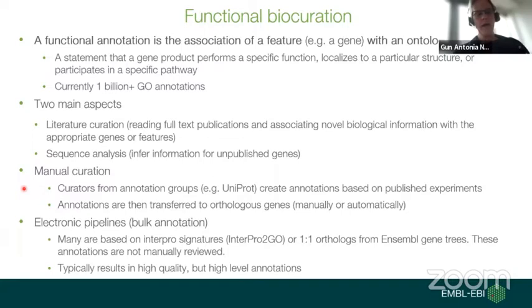Some people are disconcerted when they hear that, but it's been shown that these electronic annotations are very high quality, but they're very high level. So for instance, a protein or a gene might match a signature for what a protein kinase or serine threonine kinase looks like, and therefore it gets that annotation, but it might not be as specific